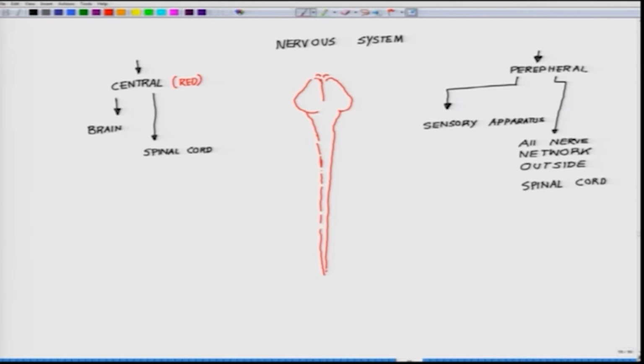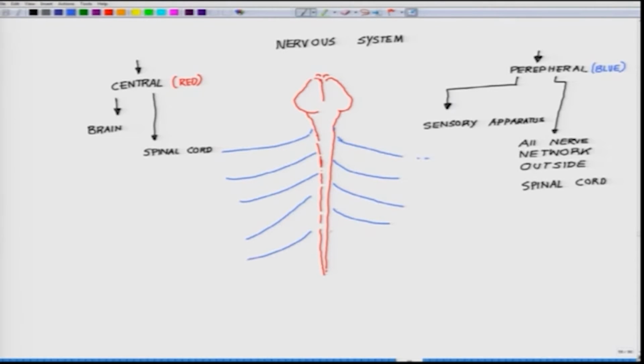This constitutes your central nervous system. Peripheral nervous systems are all outside, except I will come to that. There are several series of nerves which are coming out